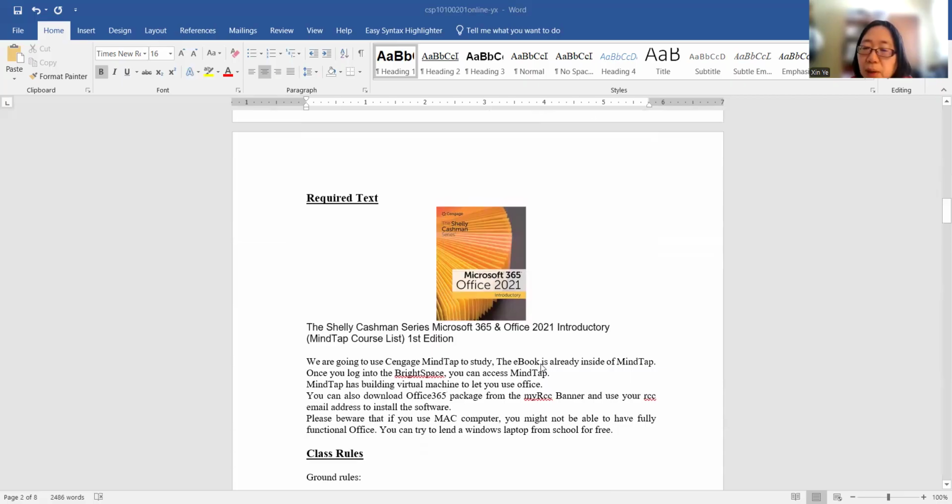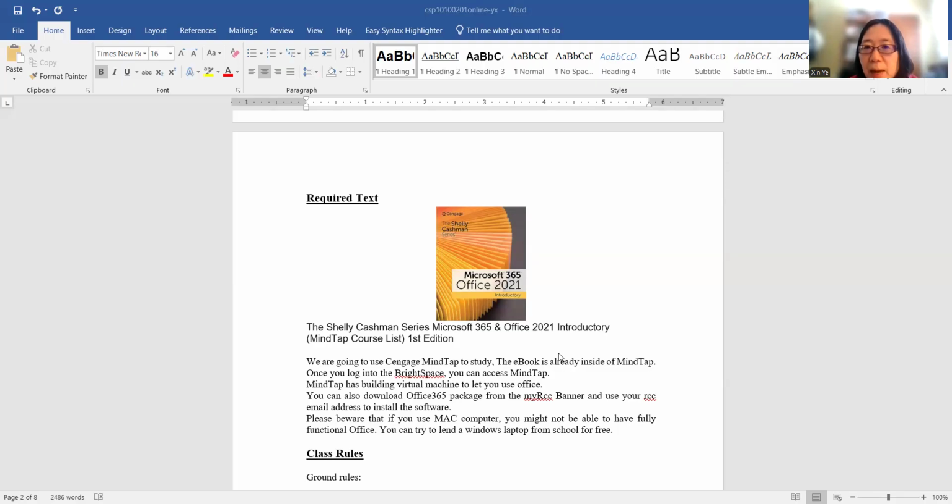So this is a required textbook, but I do not suggest you buy the textbook because you should have Cengage MindTap. Once you purchase Cengage MindTap, it will have an ebook inside, so you do not need to buy a separate book, okay? This $90 single term or multiple terms will allow you to access all the ebooks from the Cengage publisher. So if you purchase it for my class, you can even have access maybe for some of your math classes or some of your legal studies classes, okay?